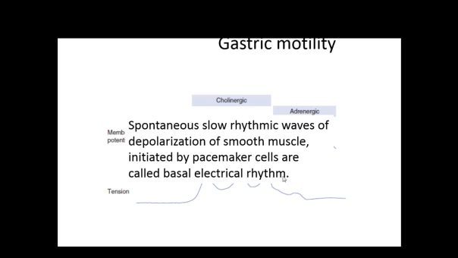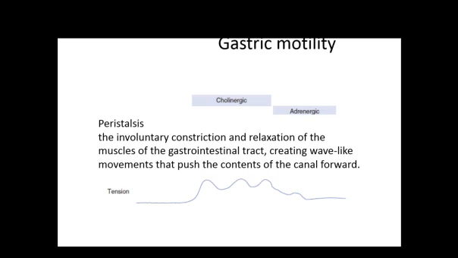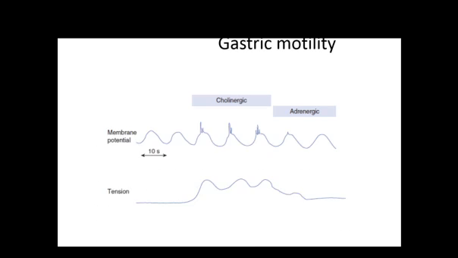Upon this basal electrical rhythm are peristaltic waves, which are nothing but the involuntary constriction and relaxation of muscles of the gastrointestinal tract, creating a wave-like movement that pushes the contents of the canal forwards from the oral end to the aboral end.